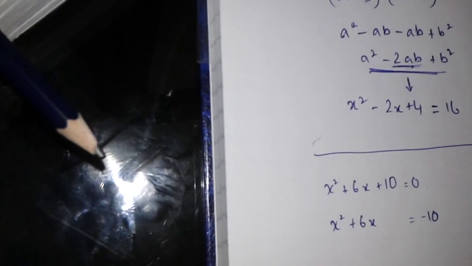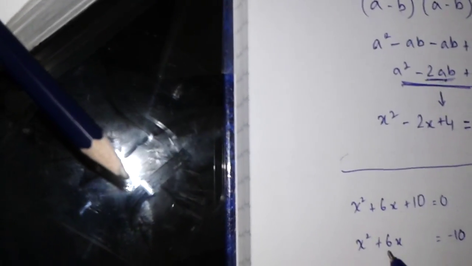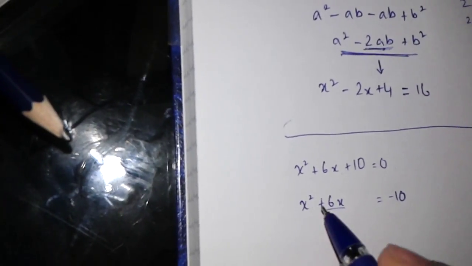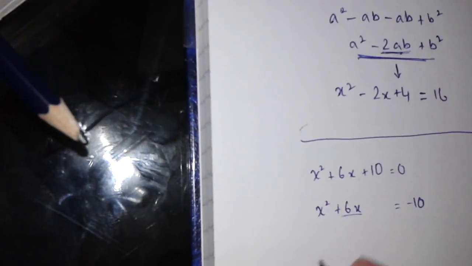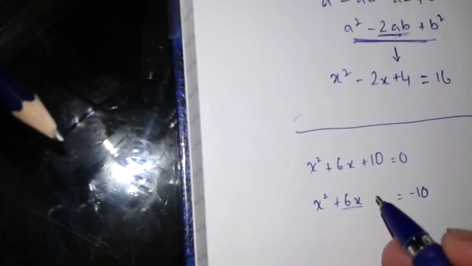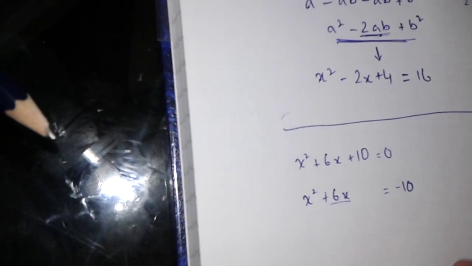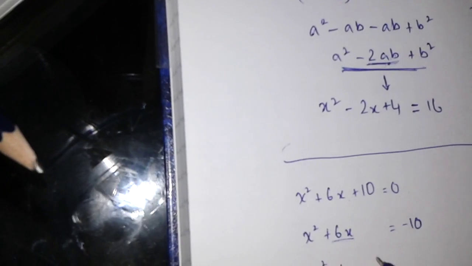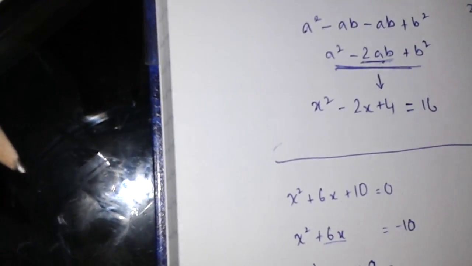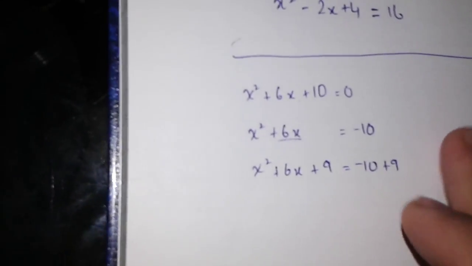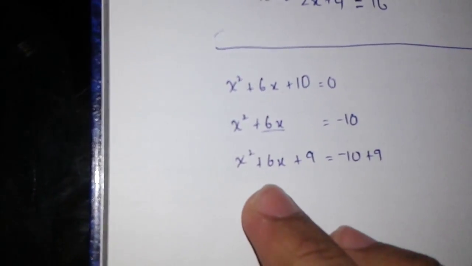right? Now when we try to solve it, we take half of the coefficient of x, but not x squared, and we square it. So half of 6 is 3, and its square is plus 9. So we take x squared plus 6x plus 9 is equal to minus 10 plus 9. Because in order to maintain the equality of the equation, we need to perform the same operation on both sides